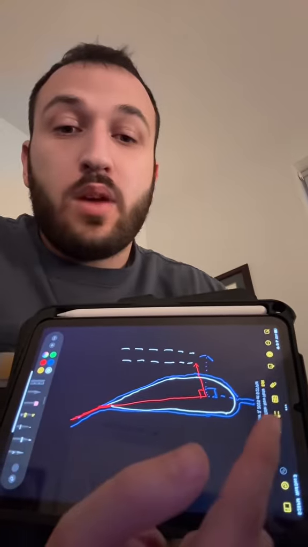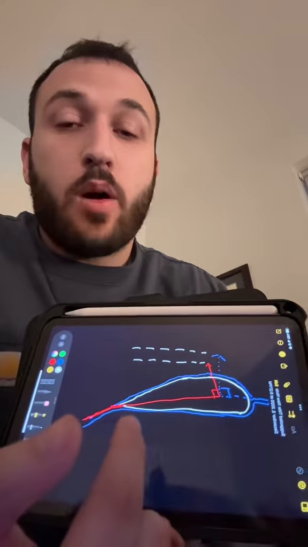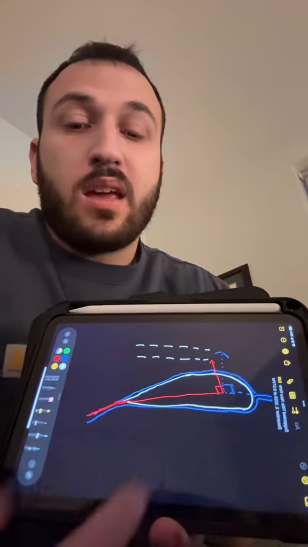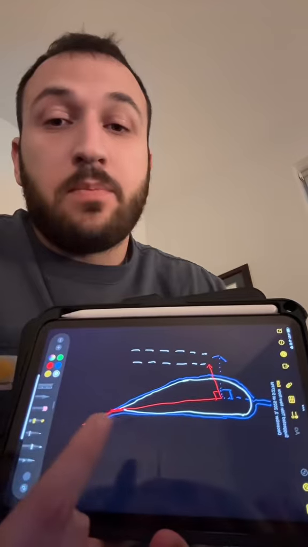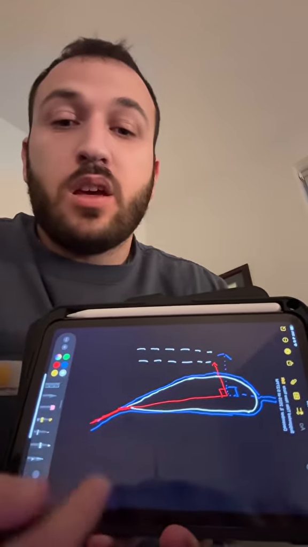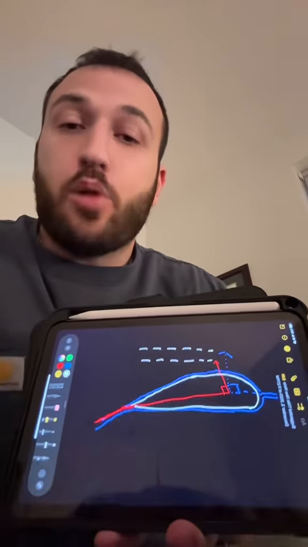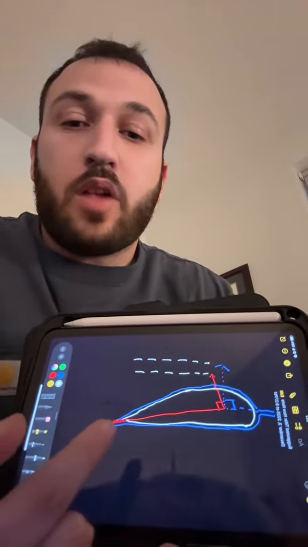So the relative wind hits the front of the wing and gets deflected above the wing and below the wing, which then gets deflected down. So this is really where our relative wind is because of the wing. So lift acts perpendicular to the relative wind. So if we follow that deflection down